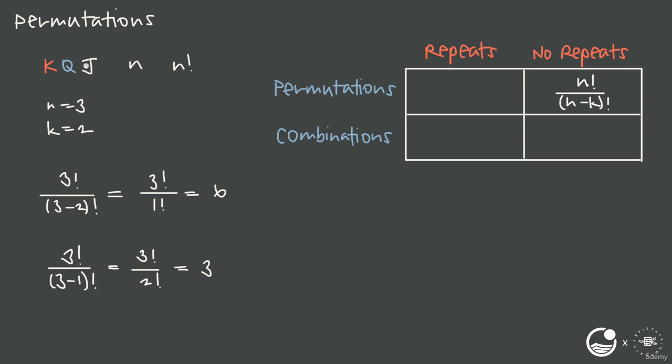And that should make sense, because if we're only choosing one card from the set to arrange at a time, then we're either choosing the king, and there's only one way to arrange that, we're choosing the queen, and there's only one way to arrange just the single queen, or we're choosing the jack, and there's only one way to arrange just that single jack. So there's 3 ways to arrange. There are 3 permutations if we start with a set of 3 and we just pick one item at a